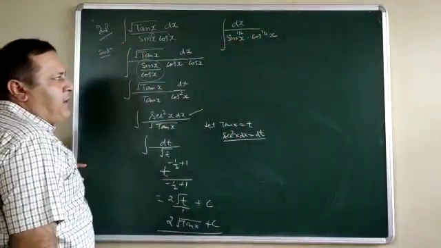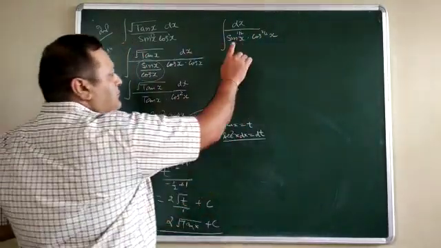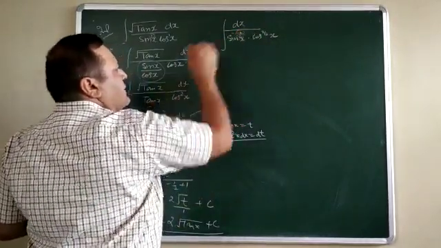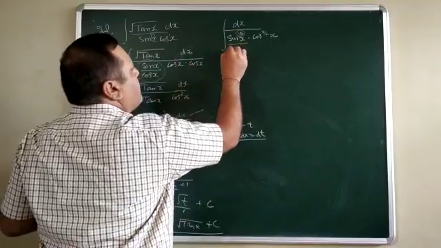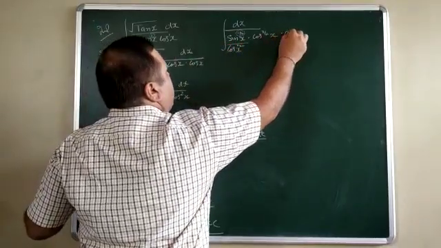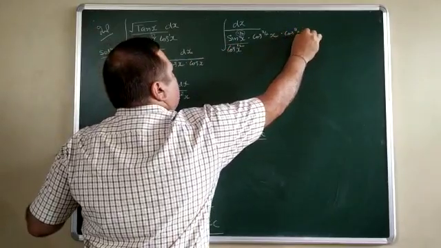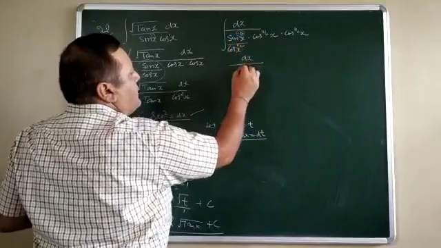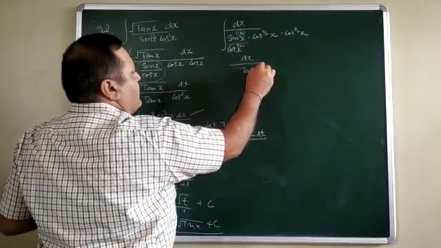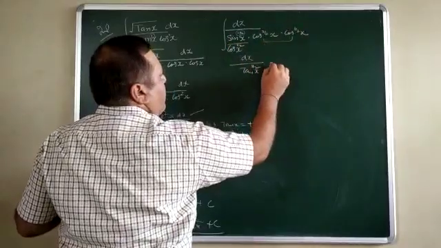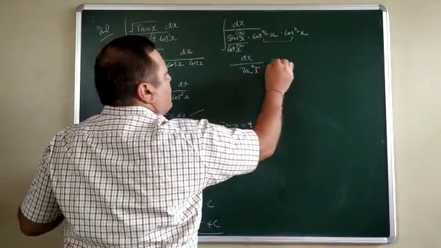See, here the powers are in the form of fractions, and the terms are in the form of multiplication. So the power of sin x is 1 by 2. So we divide it by cos x to power 1 by 2 and multiply it with cos x power 1 by 2. So that it will convert into dx upon sin upon cos, tangent x with power 1 by 2, and 3 by 2 plus 1 by 2. It will become 2, cos square.